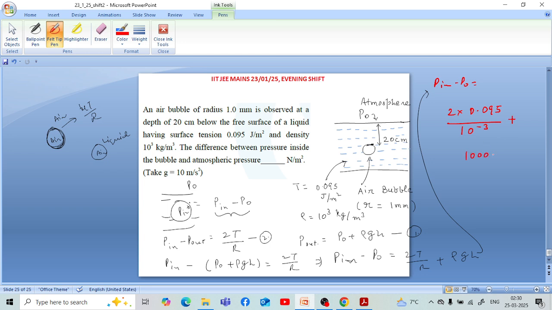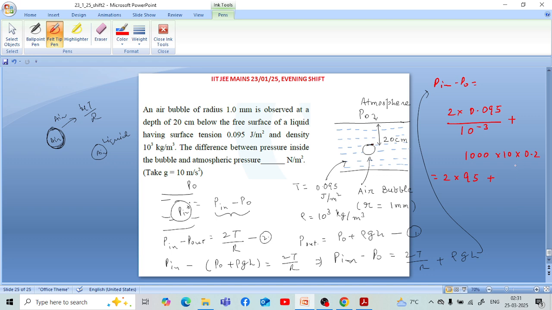Density is given as 1000 kilogram per meter cube, multiplied by g, the value of g is given as 10, and h is the height of the bubble or the depth of the bubble from the surface. So in this way, this is 20 centimeter. When we convert it into meter, it becomes 0.2. So after solving this, the first term becomes 2 multiplied by 95 plus the second term becomes